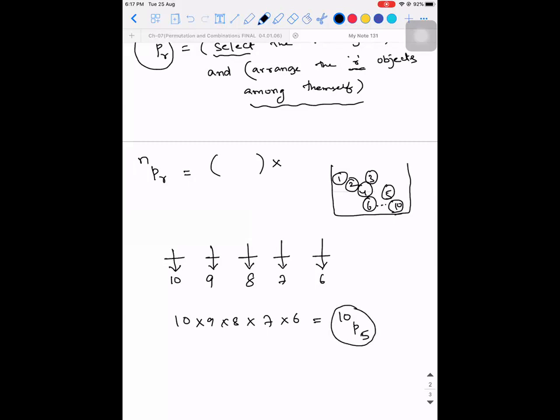So for me to arrange, what is the first important task? Even before I start arranging them, what do I need to do? I need to pick them first. So here by putting 10, am I meaning the 10th ball should be put here, or any of the 10 balls can be put there? Any of the 10 balls. So you will choose any one of the 10 balls. It can be the first ball, it can be the second ball, it can be anything.